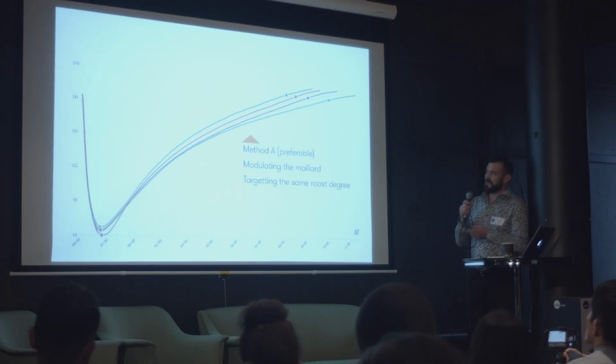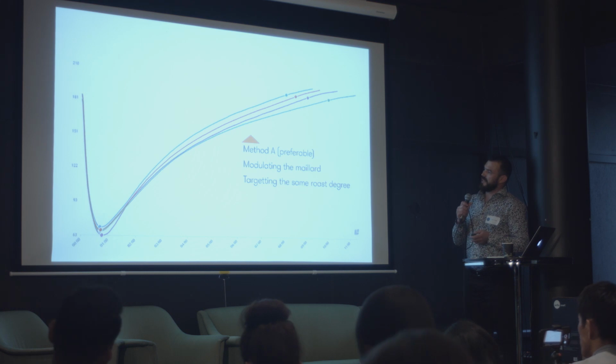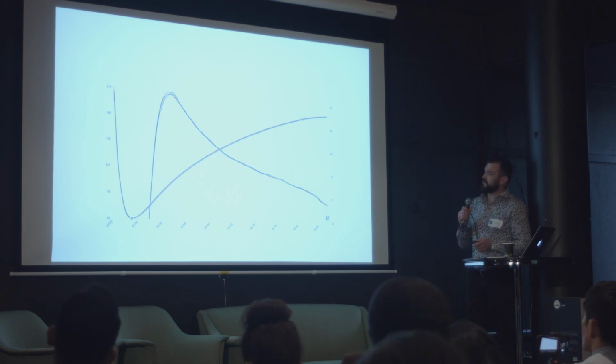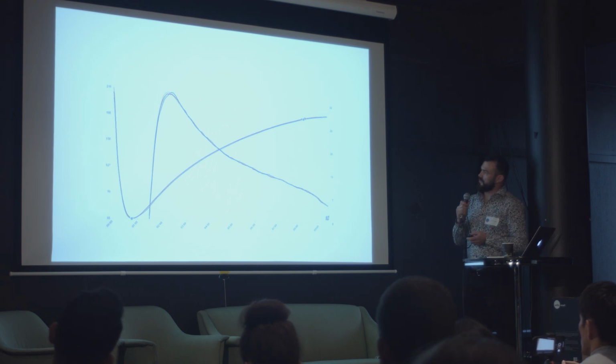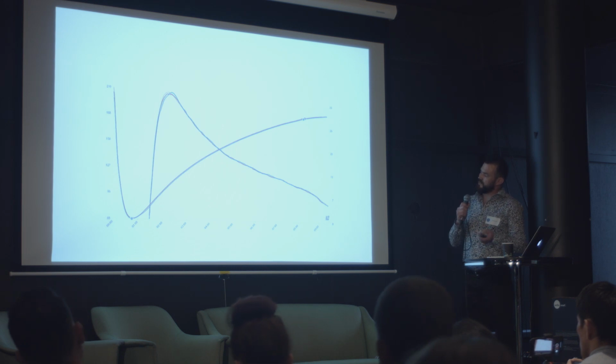This is a method not related to the championships, but this is a method that I use. For example, if I'm certain about the color development of the coffee, that I want to reach a certain level, and I want to cover a wider range of the roasting time, one of my favorite methods in order to define the best roasting approach for a certain kind of coffee, in the case that I'm very secure and sure about the type of the roast profile,